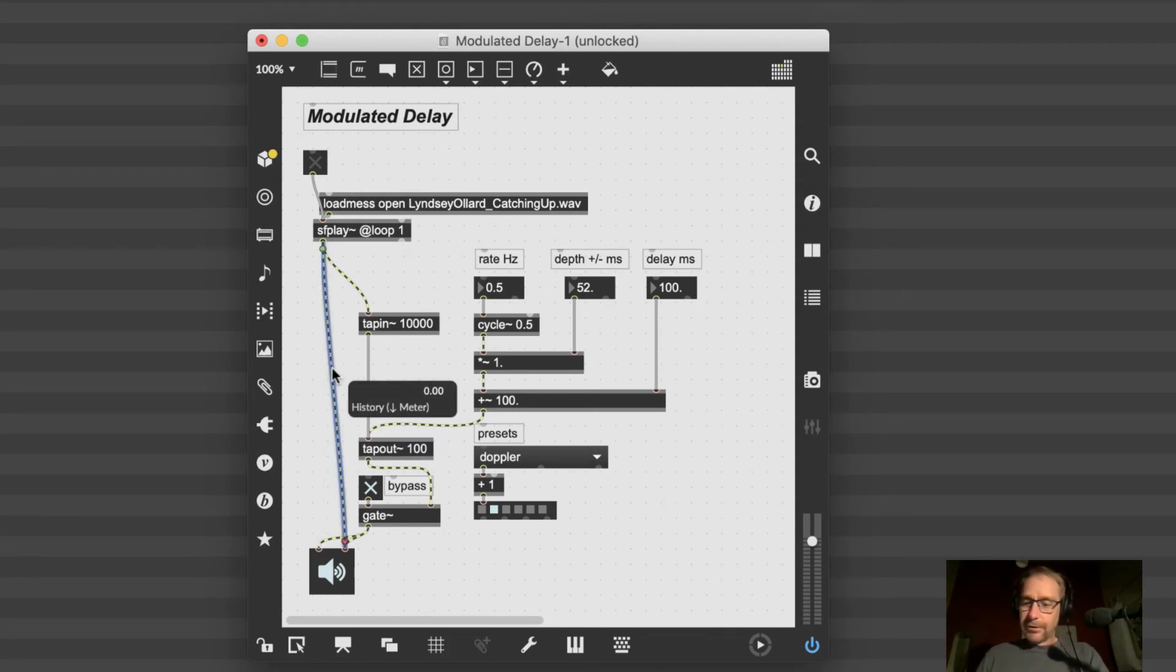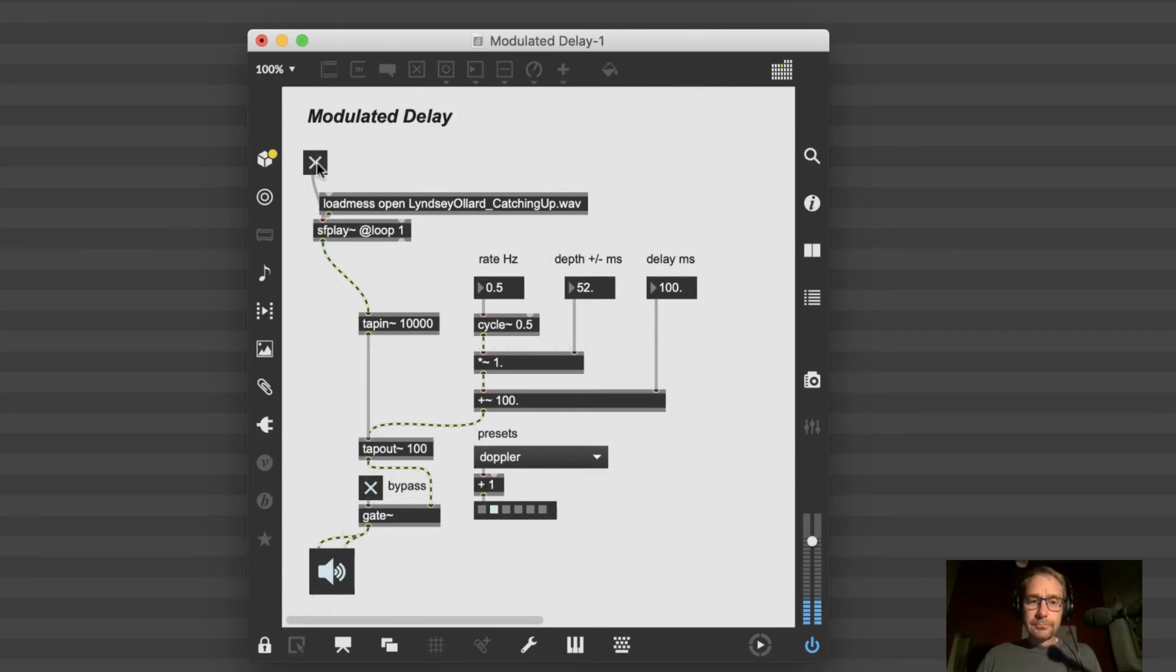Perhaps more effectively demonstrated if I get rid of the direct sound. And here it comes. So you can hear that rising and lowering of the pitch, and we can create something a little bit like